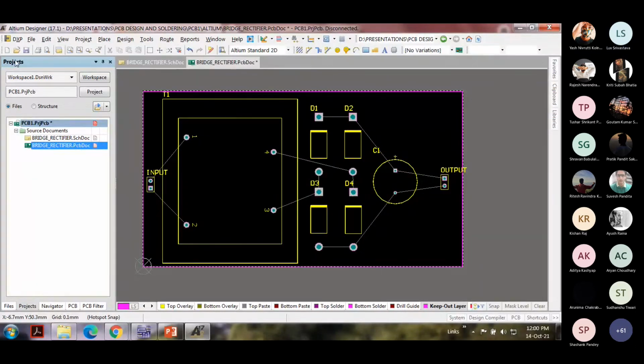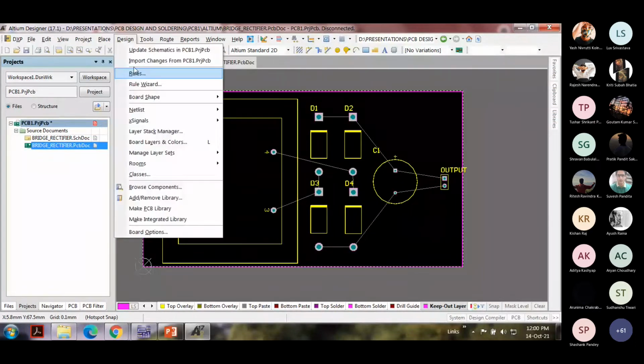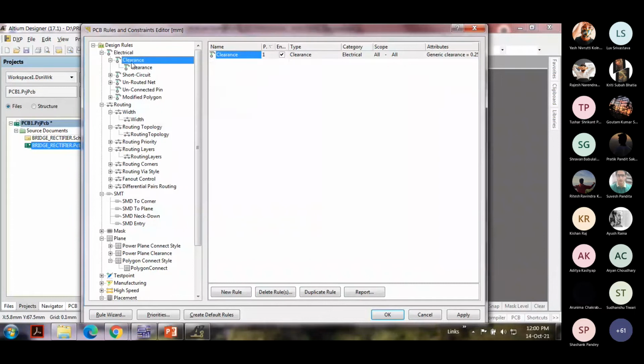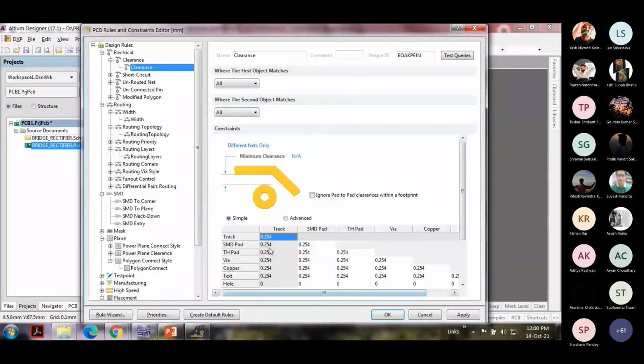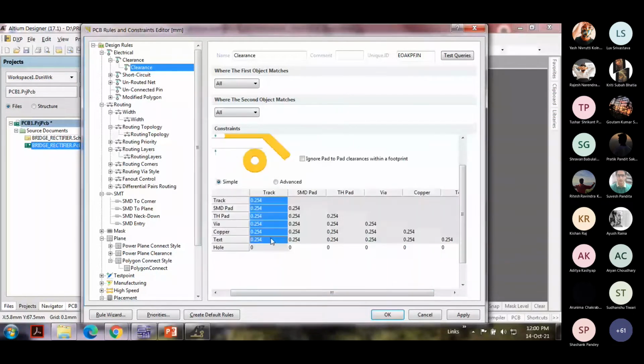All right. Now, as I was saying, setting the design rules, the very first rule in electrical is the clearance. You can just click on that clearance rule. And now this is very important. We already have some default rules over there, but we are going to increase that a little bit. So the distance between 2 tracks, look at this matrix. It is a matrix, distance between track and track. By default, it is 0.254 millimeters, which is way too small for us. So what I will do is, I will double click this and change this to track as say 1.5 mm.